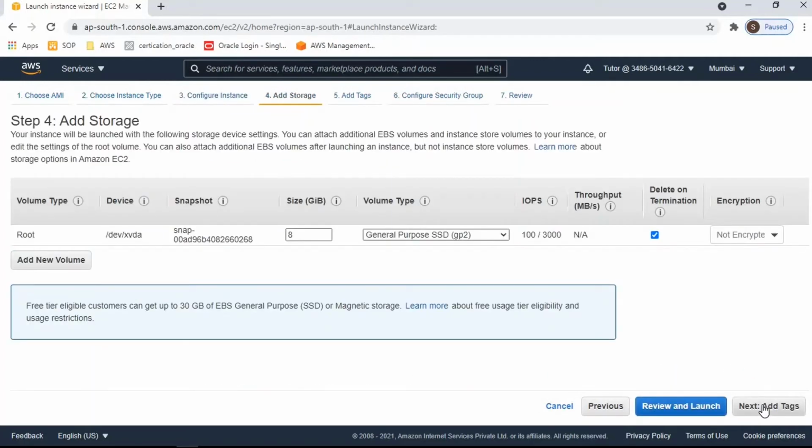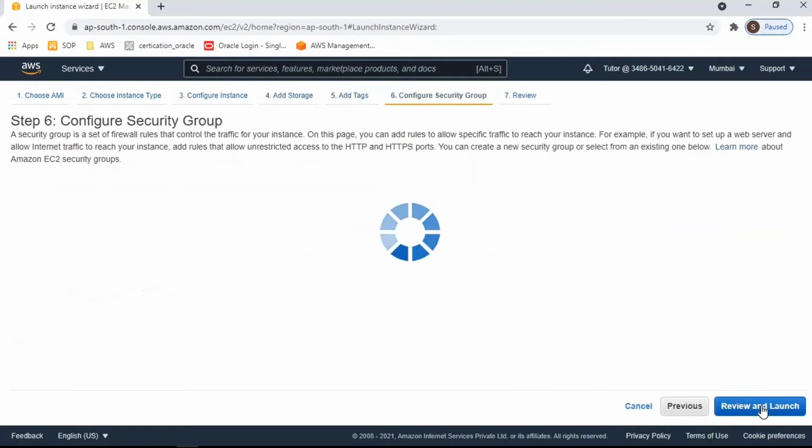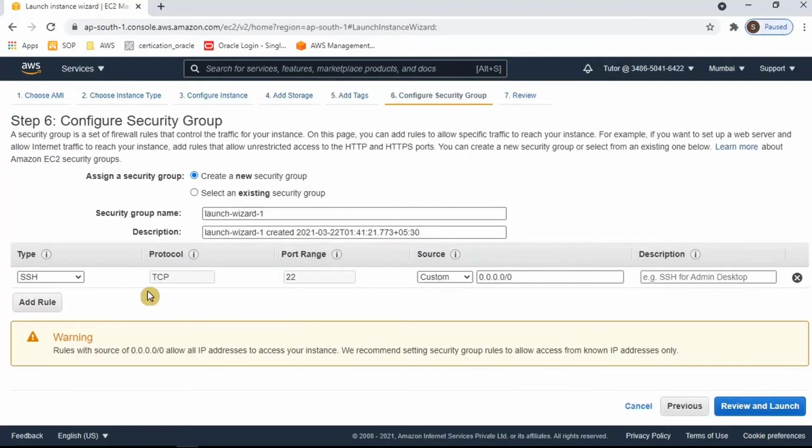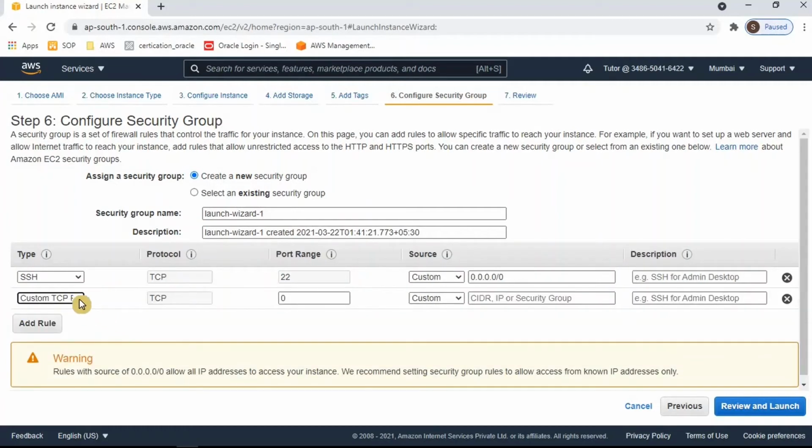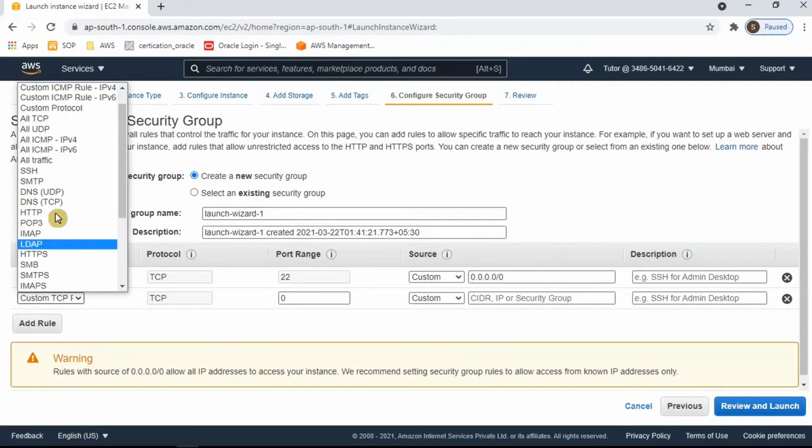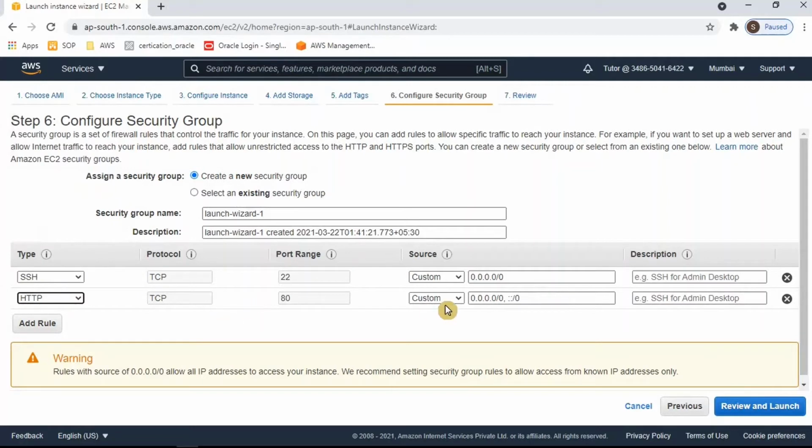Then next, add storage. It will be 8 GB by default. Next, add tags, and then the security group. I am creating a new security group. SSH is there, and this time I am adding one more security type, HTTP. By default it will be access from anywhere.